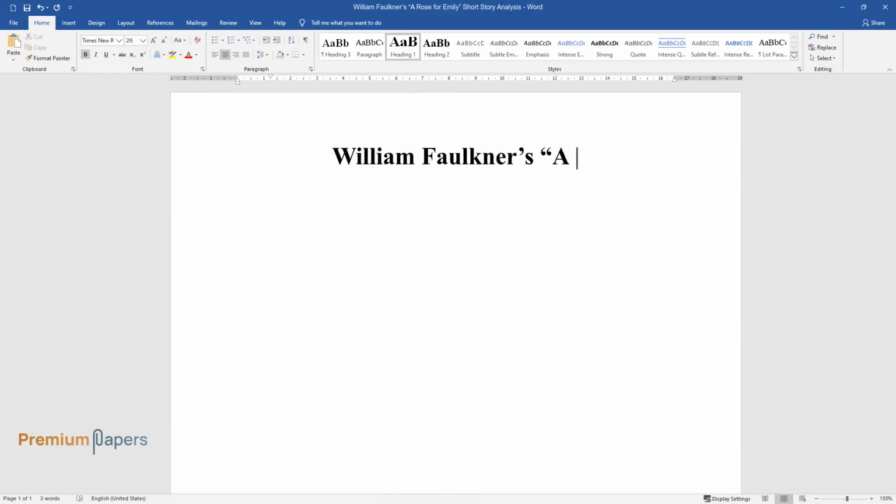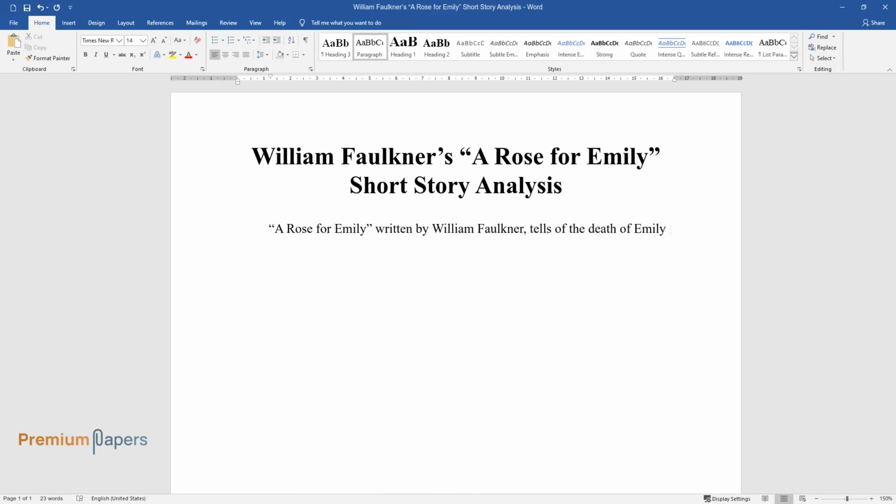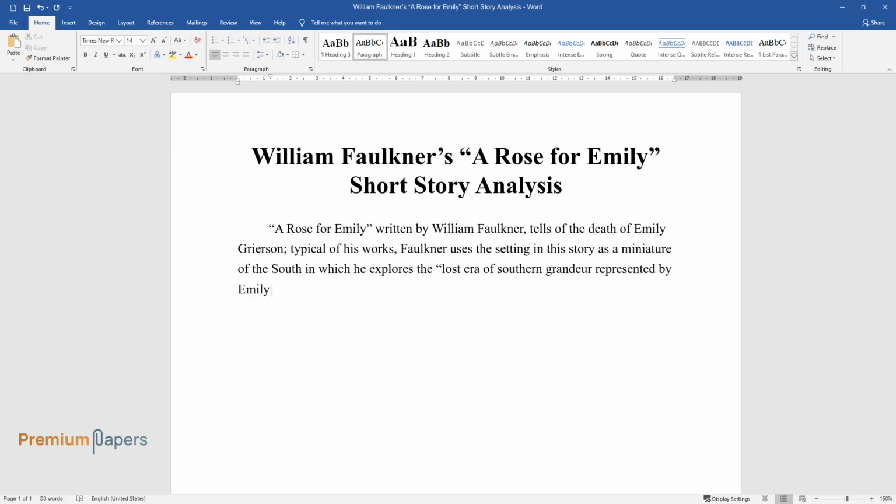William Faulkner's A Rose for Emily short story analysis. A Rose for Emily, written by William Faulkner, tells of the death of Emily Grierson. Typical of his works, Faulkner uses the setting in this story as a miniature of the South, in which he explores the lost era of Southern grandeur represented by Emily's house, the last vestige of the gone times. The very strand of hair, iron gray, is a symbol of the older life